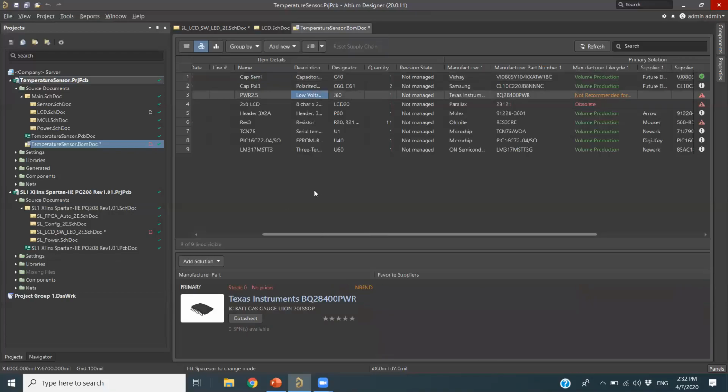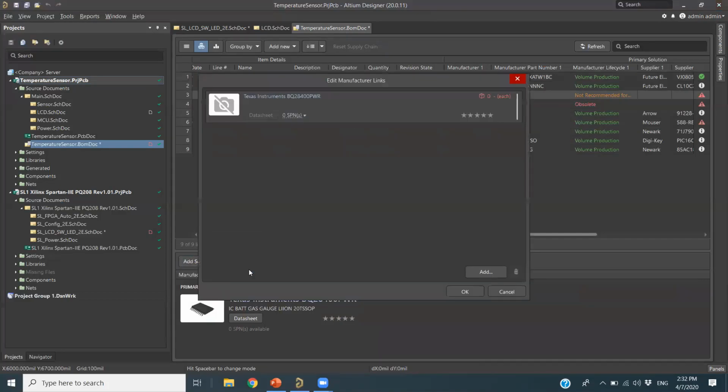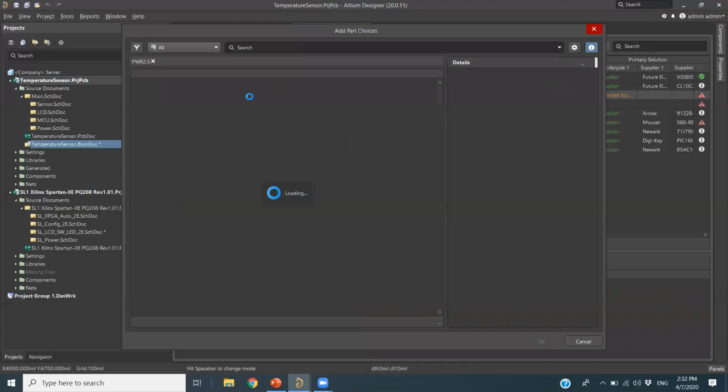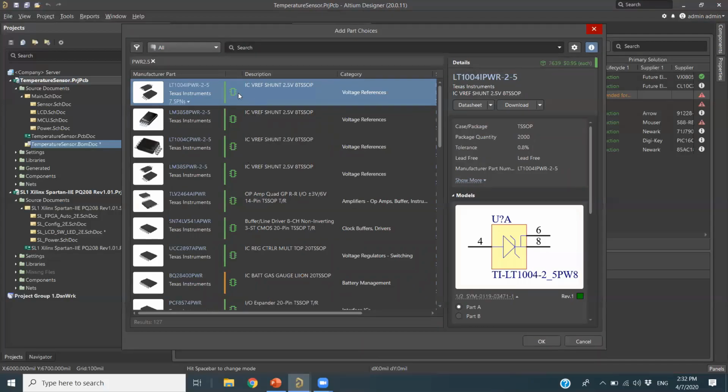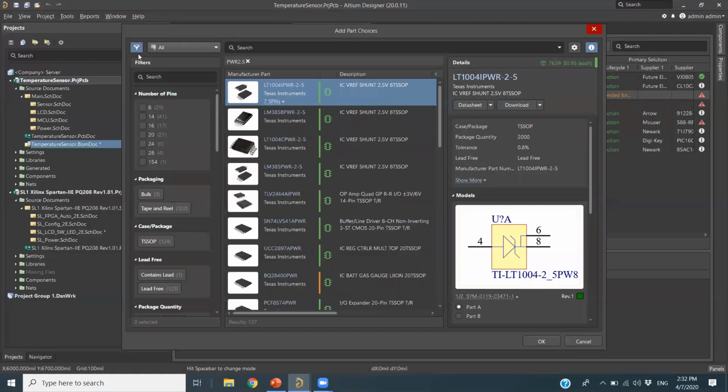If you want to go for the details, you can go for add solution, and then go for the manufacturer link. If you want to add, you can search for the component from your manufacturer part search. You see, there are so many components. You can go for filter, and filter for the component which you want to choose.